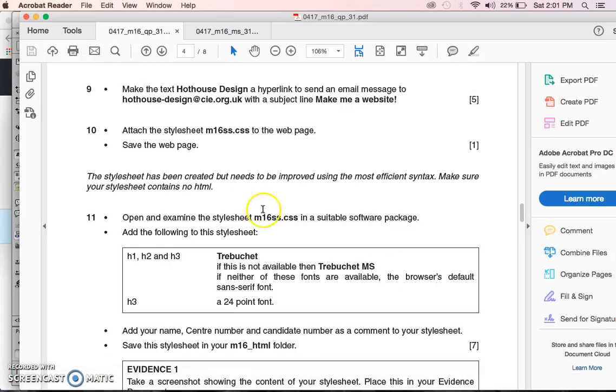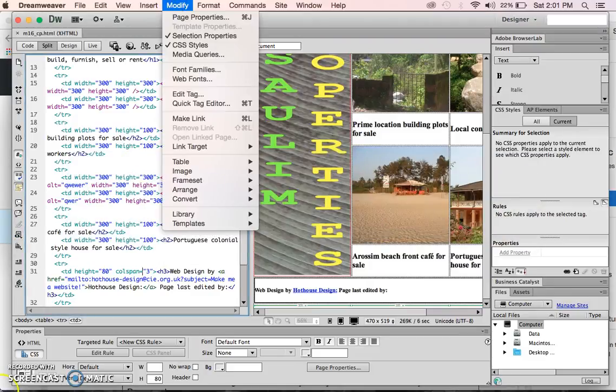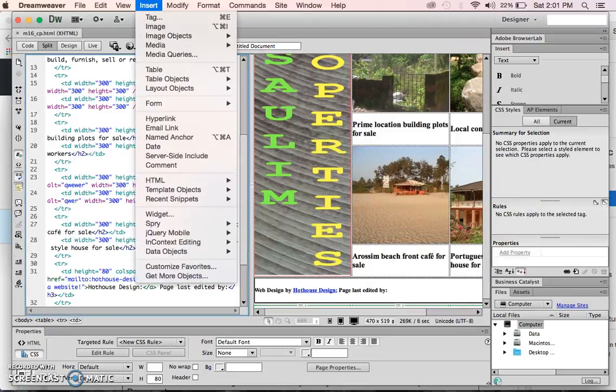Okay, so how we left it was we have to attach the style sheet, and then we just make some changes to the style sheet. So okay, we found the style sheet. So to actually attach it,